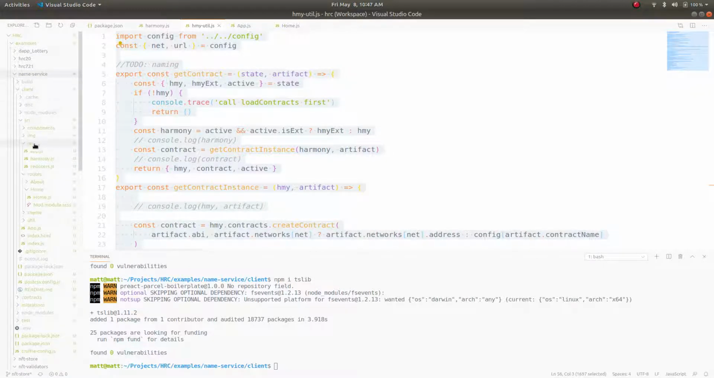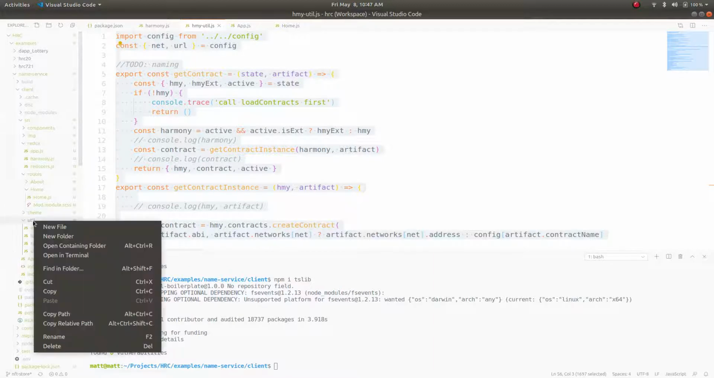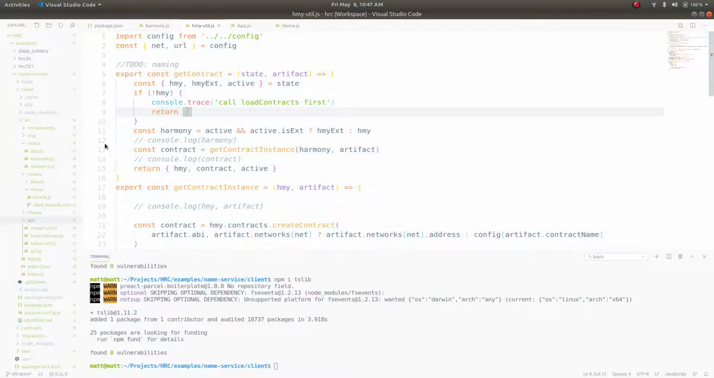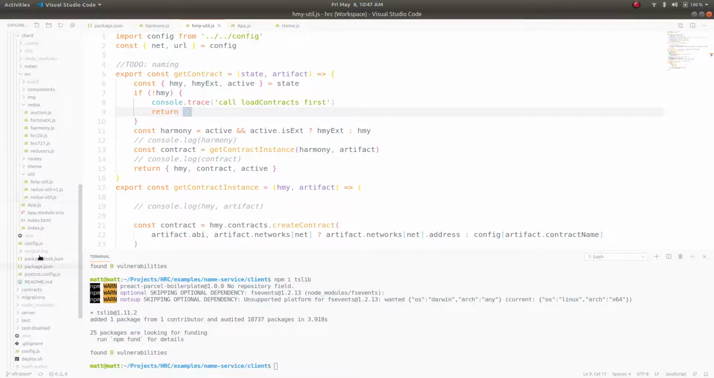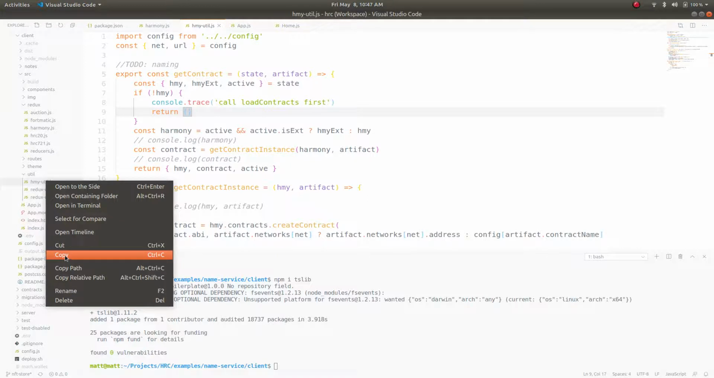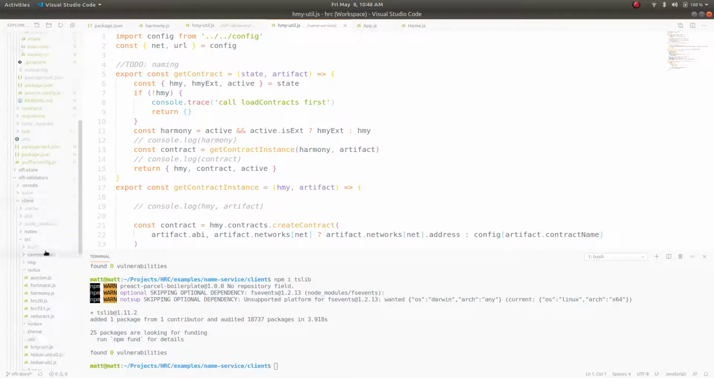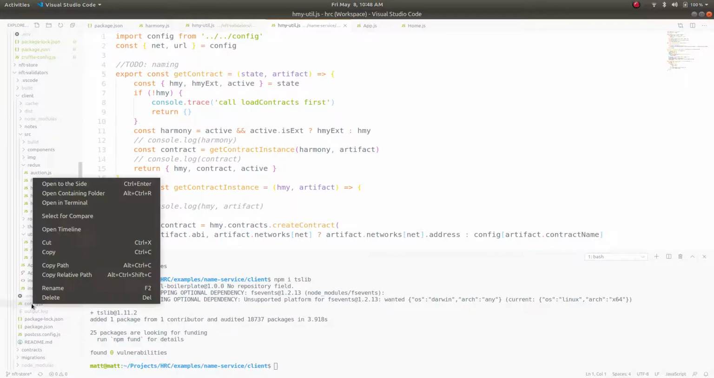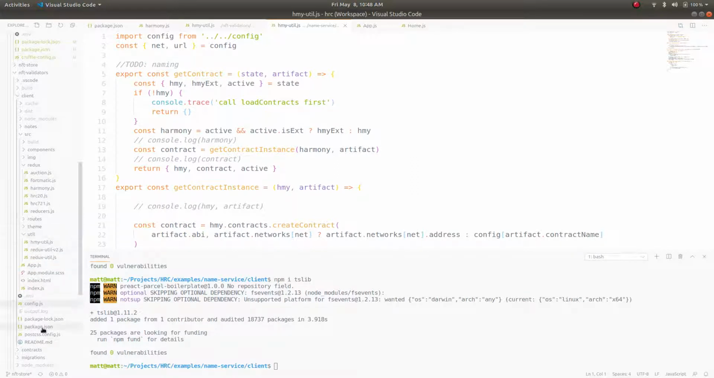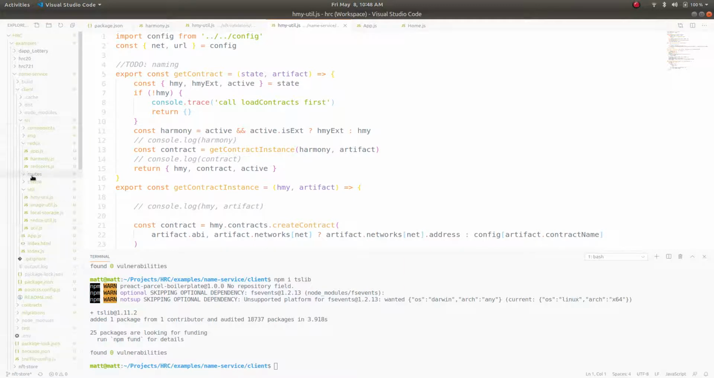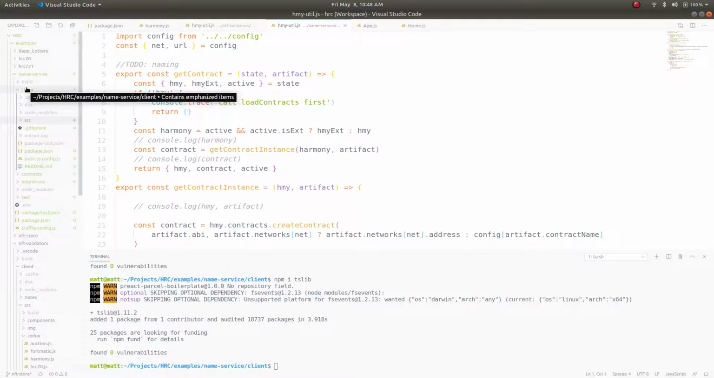So I'm going to go into clients, I'm going to go into util, and actually rather than copy paste the whole text, I'm just going to copy paste the file here. So Harmony utils, copy. I'm going to put that in my boilerplate utils here, so that file exists. And I'm also going to grab config.js. I'm going to copy that, and I'm going to place it into client